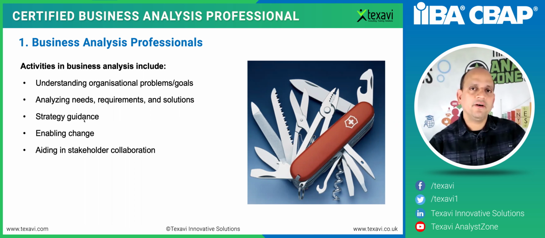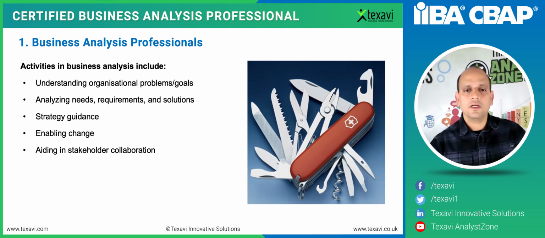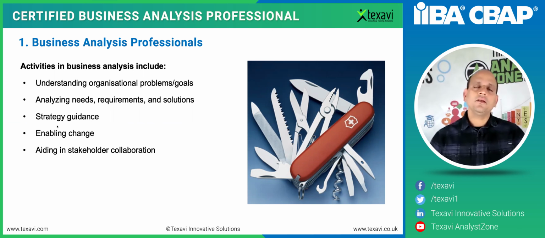You need to be able to identify the right approach, the set of methods, the techniques, the tools that we're going to deploy, and the resources. All of these, we need to have a game plan in terms of how we're going to come up with the solution, how we're going to implement the solution. That is all about strategy, guidance, implementation, and strategic analysis. All of that needs to be done in conjunction with this problem and solution bridging. And enabling the change is another thing, so that sense of the change approach and the strategy for us to bridge the gap between the problem and the solution is what we would need to do as BAs.